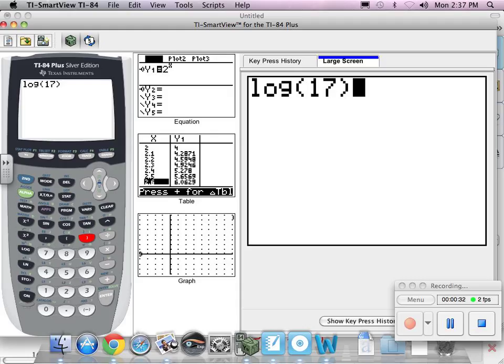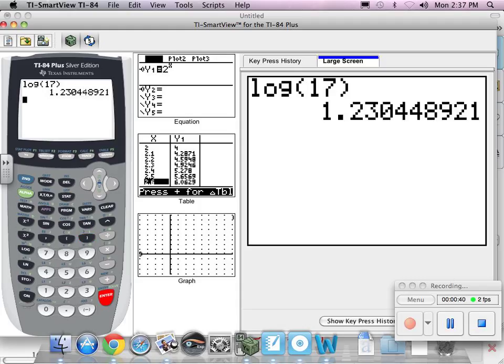They didn't want to put all the numbers on here because there's an infinite number of numbers and they can only put so many. So they have log base 10 and log base e. So in other words, 10 raised to the 1.230448921 is 17. And we can test that by saying 10 to the